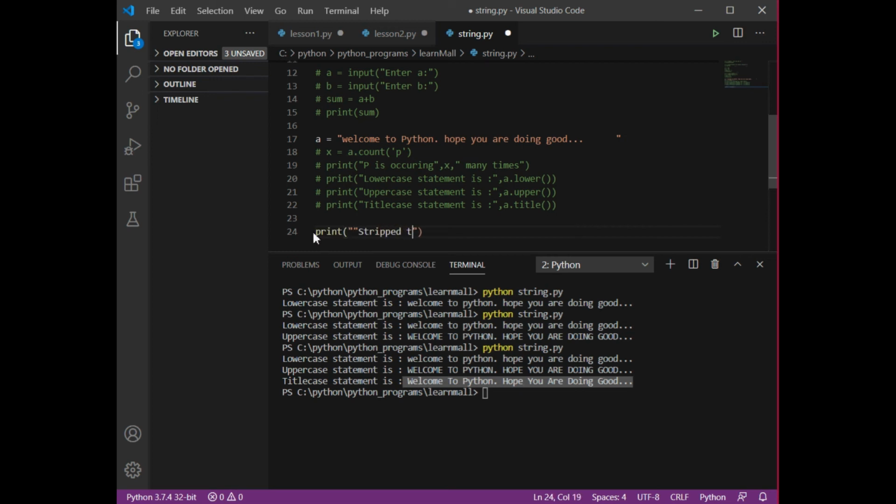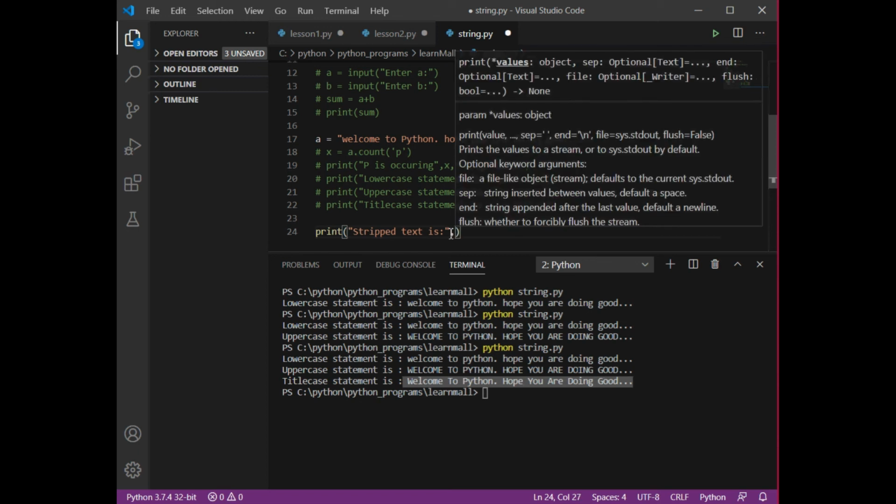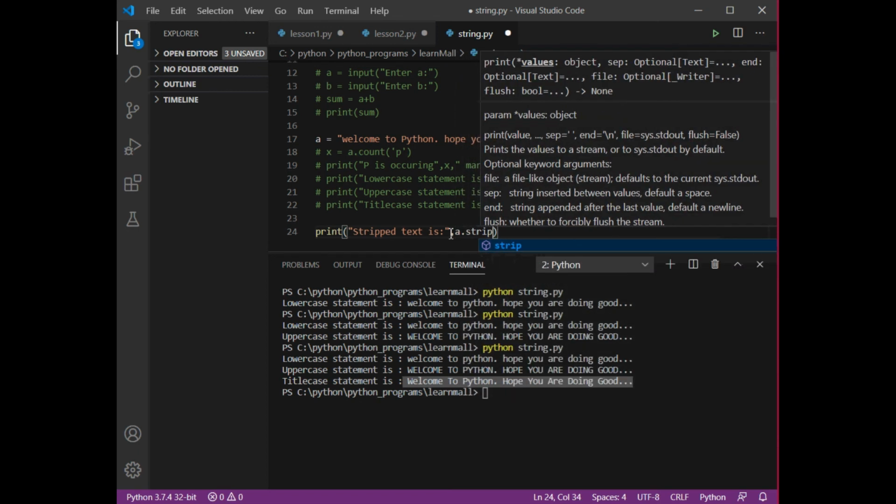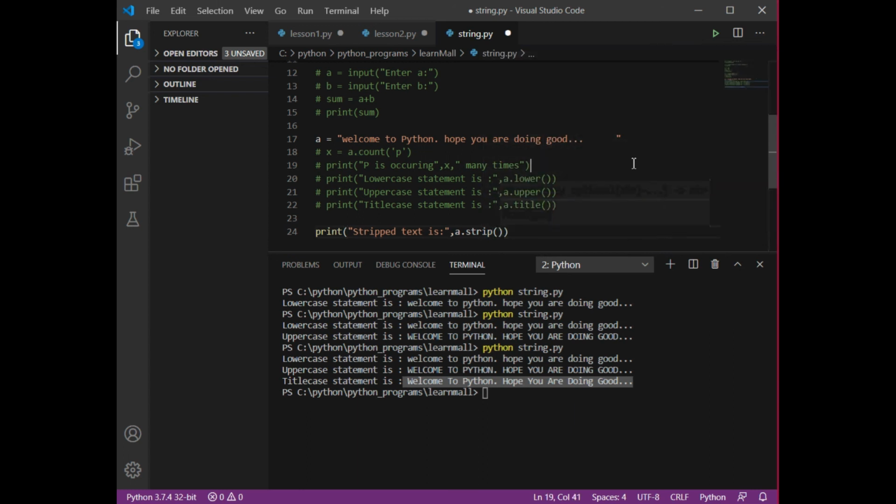Text is, and here I need to give, I need to erase one, and here I'm going to write down the function, that is a dot strip. Now you need to notice one thing. See, if you can just notice, I have given these spaces. Now these spaces would be eliminated with the help of the strip function.